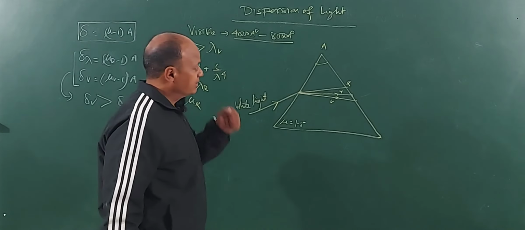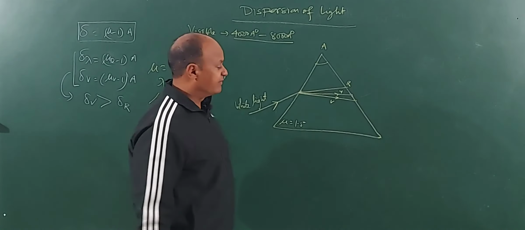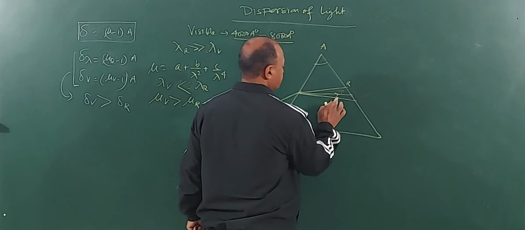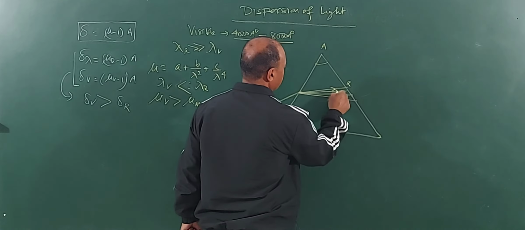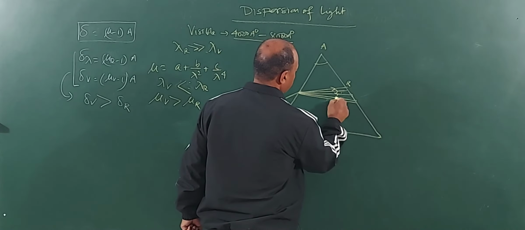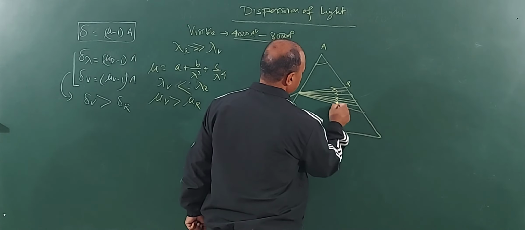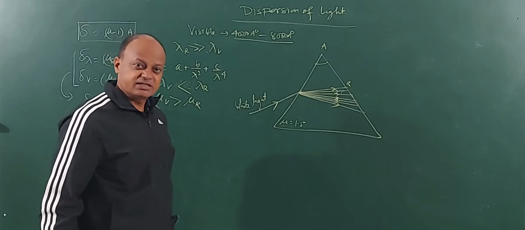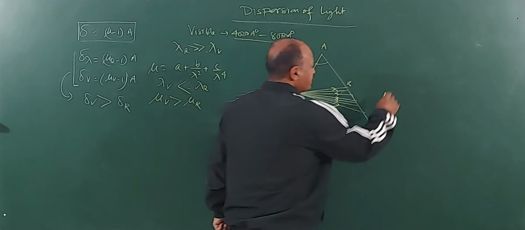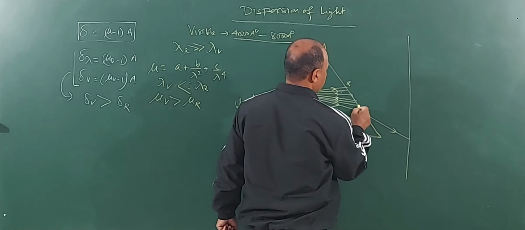And then what will you find? We'll find that white light has split into how many colors? 7 colors. So let's mark it separately. So you can see that white light has actually split into how many colors? 7 colors. And all these colors are going to be focusing here on the screen. This is violet.